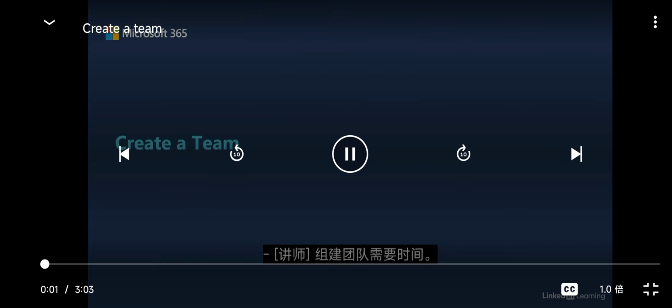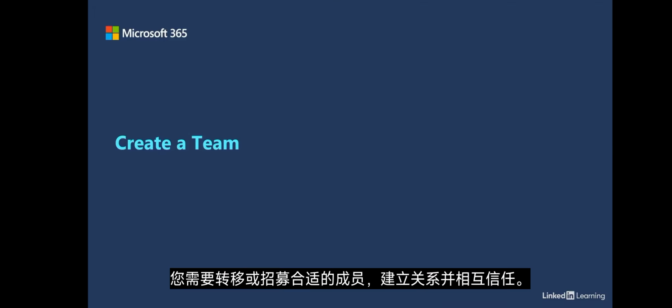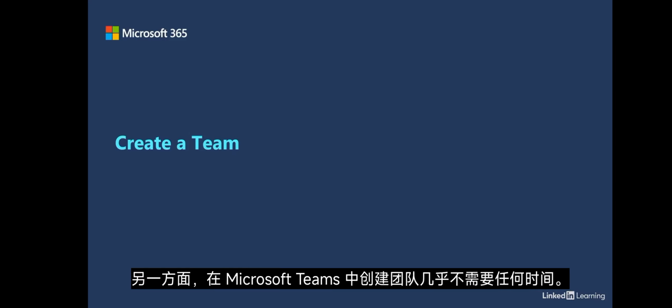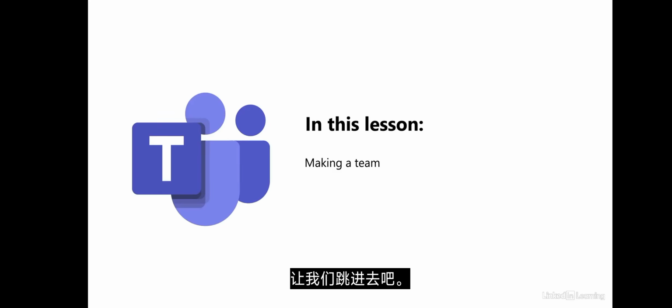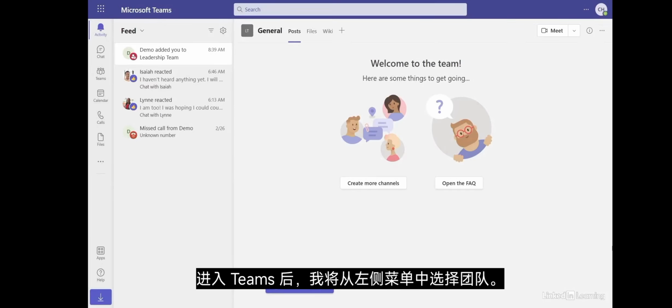Building a team takes time. You need to transfer or recruit the right members, build relationships, and trust each other. On the other hand, creating a team in Microsoft Teams takes hardly any time at all. In this lesson, I'll use an upcoming event I'm working on, the Skills Conference, to show you how to set up a team using templates to save even more time. Let's jump in. Once I'm in Teams,